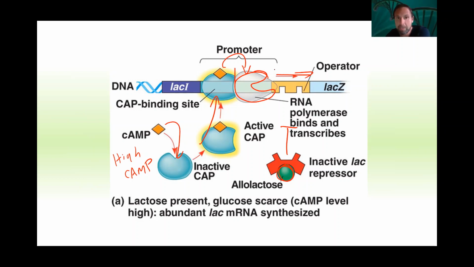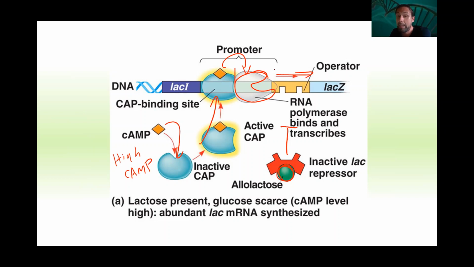So there's a three-way switch that we can do with a lac operon that all respond to their environment. If lactose is absent, then the repressor is bound to the operator and the whole thing is shut off. If lactose is present and glucose is absent, then the lactose will turn off the repressor so it cannot bind to the operator. Cyclic AMP will activate the CAP protein, which then allows RNA polymerase to bind the promoter and